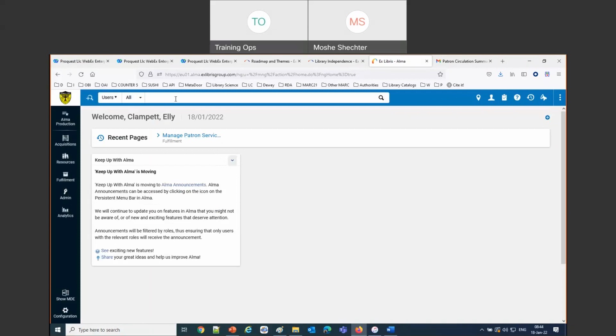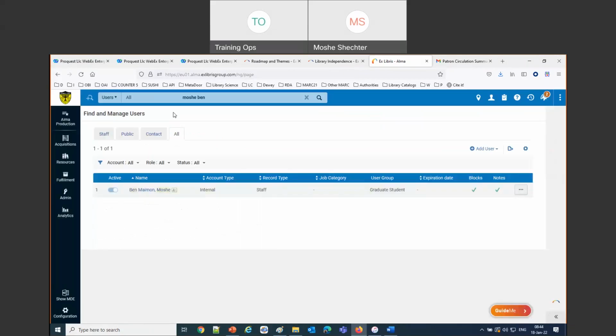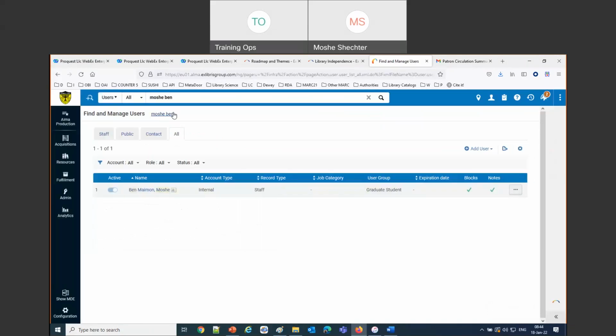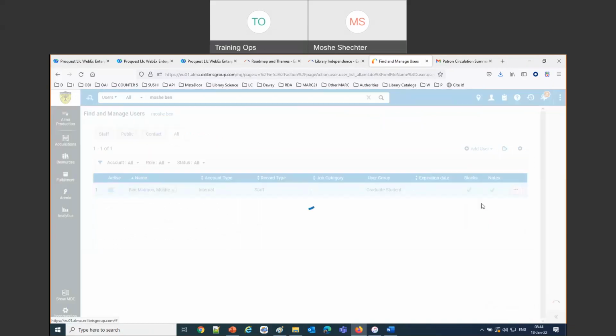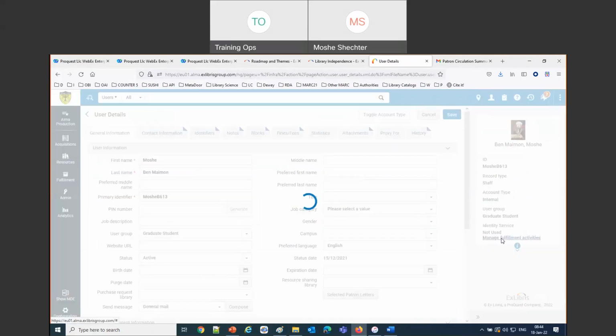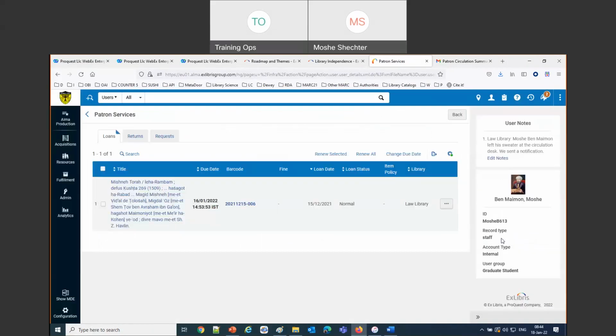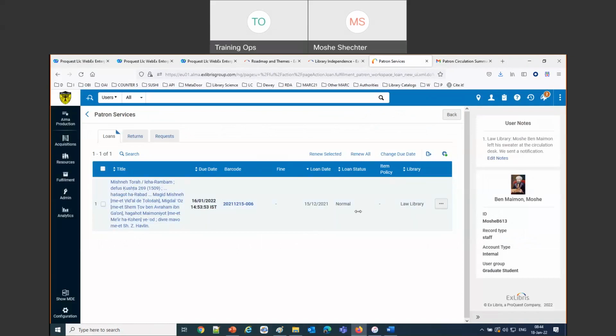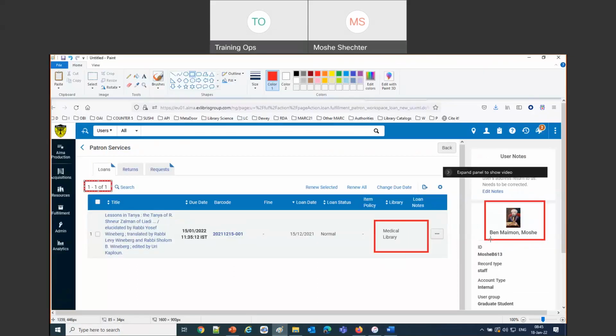I'm going to stop in a moment and make sure this is clear to everybody because this is a big one. It might look small to those of you who have one library, but for those who have several libraries and really want to have that distinction, this is a big one. Manage fulfillment activities. Ellie Mae is only seeing the one loan in the law library. I'm going to go back to the screenshot from what we had before. And Jethro saw the loan in the medical library.